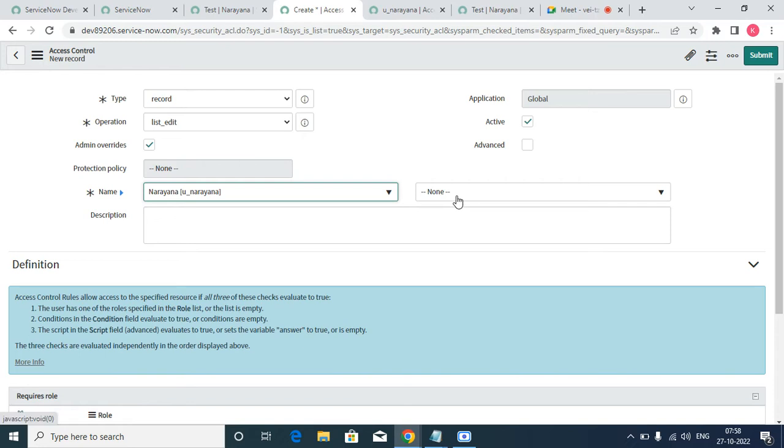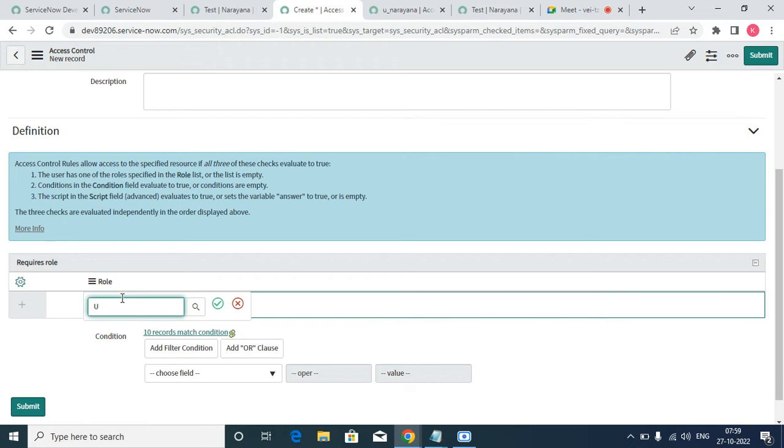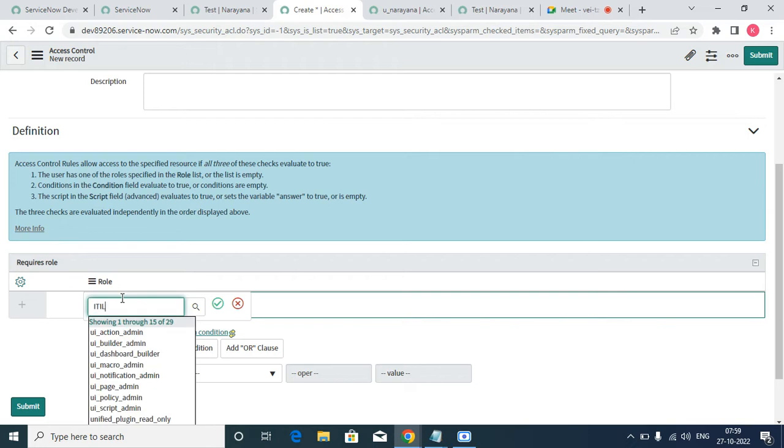Next, here I'm just going to grant the role. So for example, if I give ITIL underscore admin,